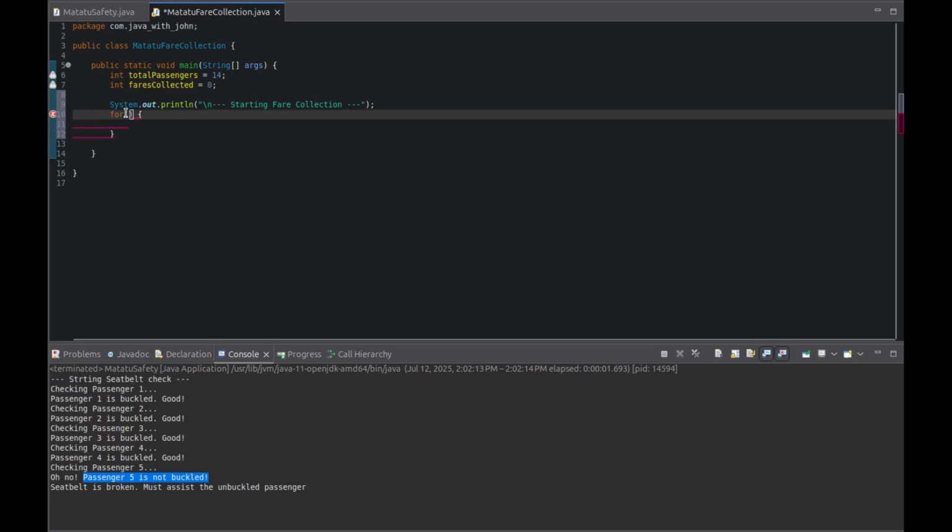In our loop, we're going to do it the same. So the loop counter variable comes in first, we declare it and initialize it to 1. Then we go for the test or the condition, which has to evaluate to true. So as long as i is less than or equal to the total passengers,